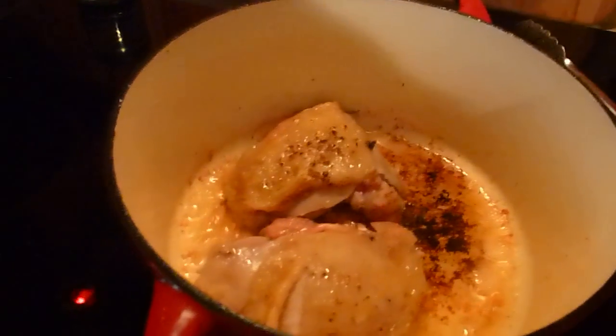Okay, so I just flipped them. Just try to brown them. I got my heat on high, so you want to keep it on high to brown it up. On the top and the bottom is all you really need. And once that's done, like I said, just set it aside. Okay, so once your chicken is done, remove it, set it aside,